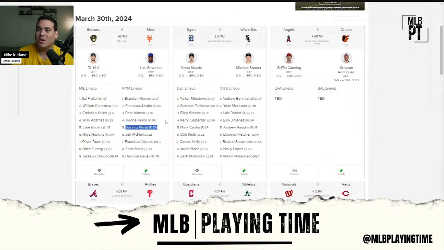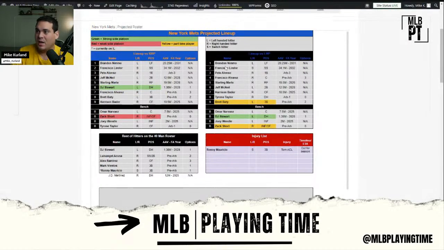I have to move Taylor up in the projected lineups against righties. Currently, I'm going to look it up real quick where I had him. I like to compare where I landed to what we're seeing day one. As you can see, we had it Nimmo, Lindor, Alonso. I have to update Francisco Alvarez to be spelled correctly. Marte fifth. So we had Tyrone Taylor.